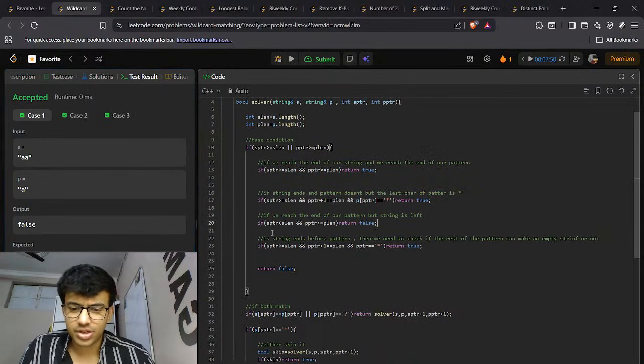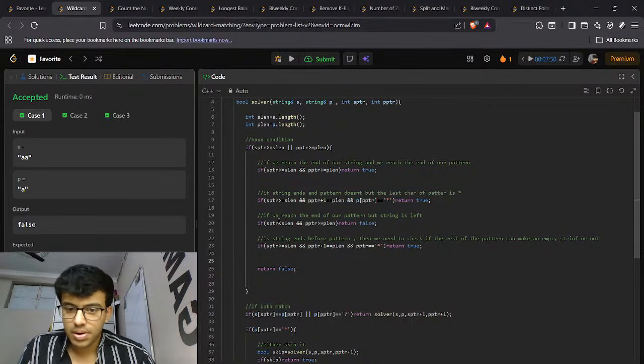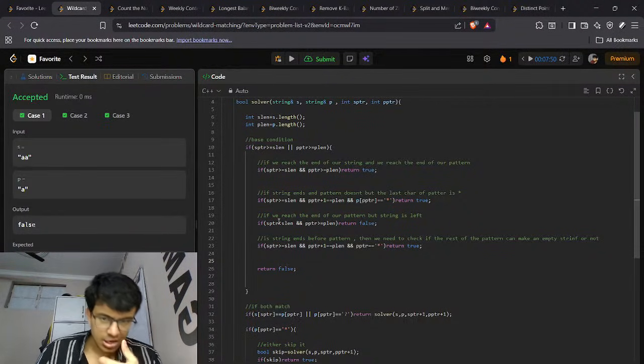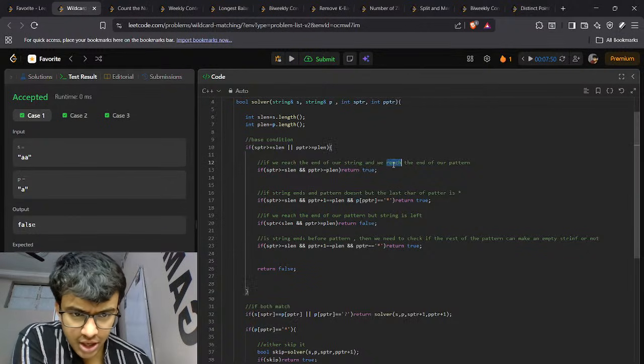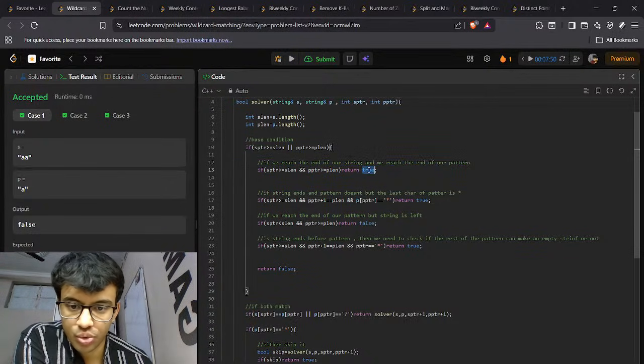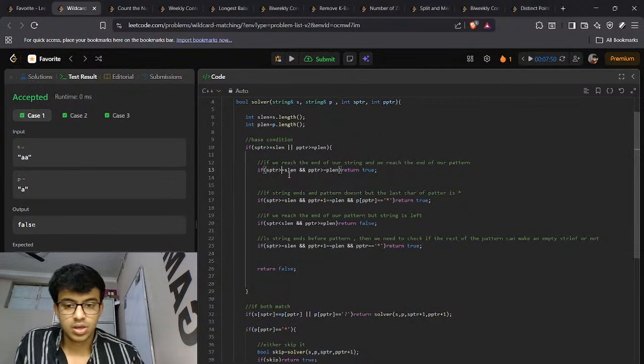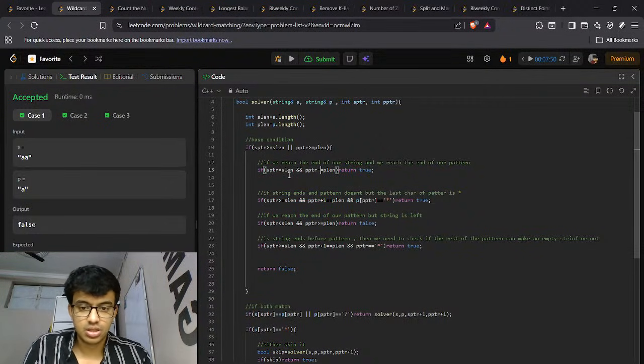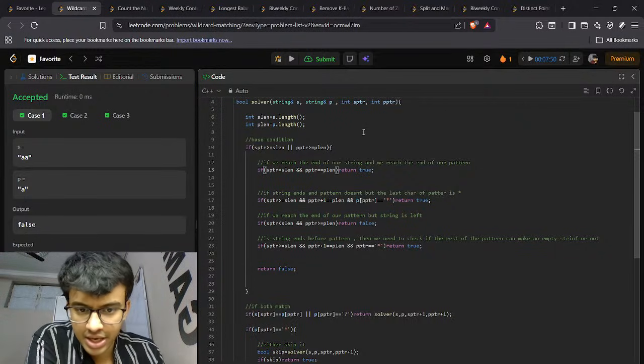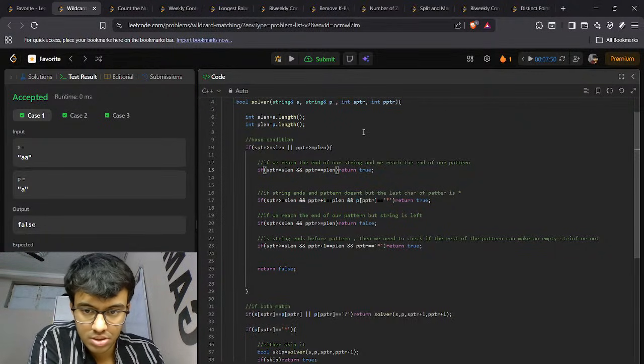It's working, but I'm pretty sure this still doesn't work correctly. Do I have any submissions for this? Nope. I need to check a few test cases. What we have done is, if we reach the end of a string and we reach the end of a pattern, then it's true. If string ends, in fact, I should have it like this. If string ends and pattern doesn't, but the last char of pattern is star,